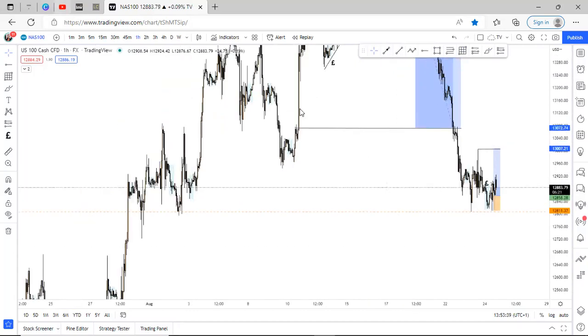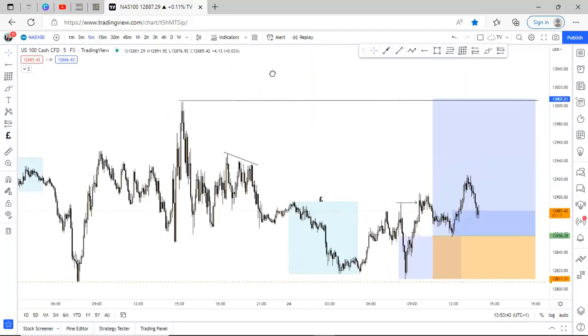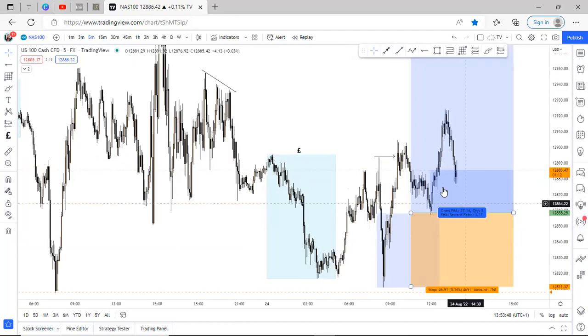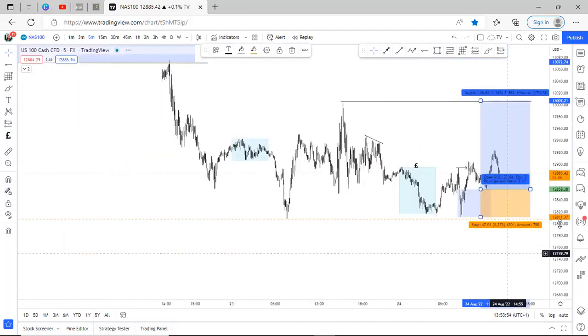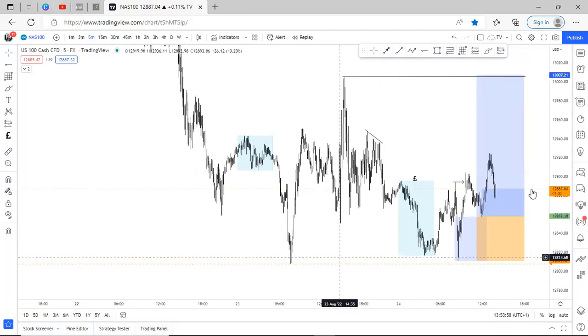So today I got into a buy trade on Nasdaq. I am now at break even, but as you can see, price is presently moving towards my break even, and probably I'll be stopped out of this trade at break even. So why did I get into a buy trade? I got into a buy trade because